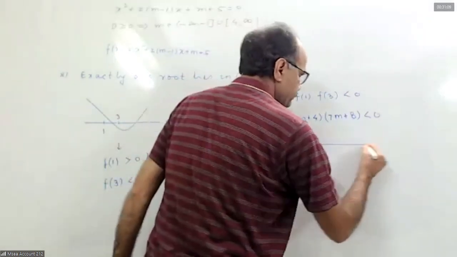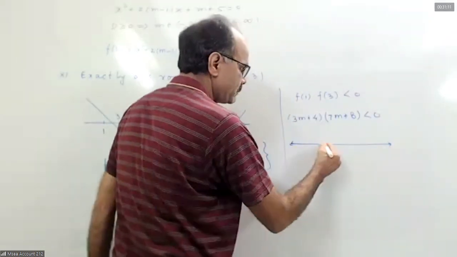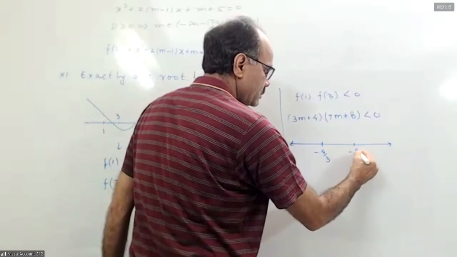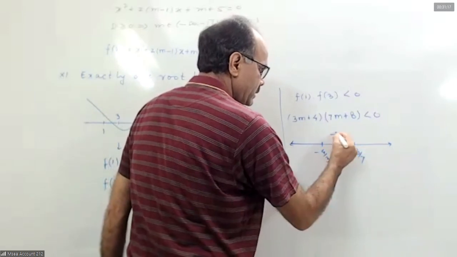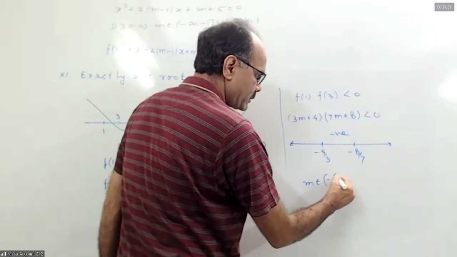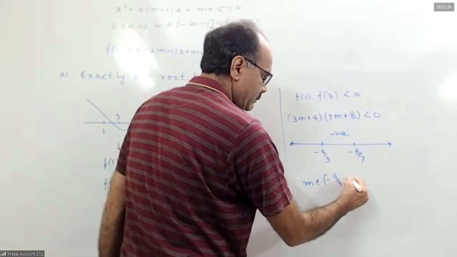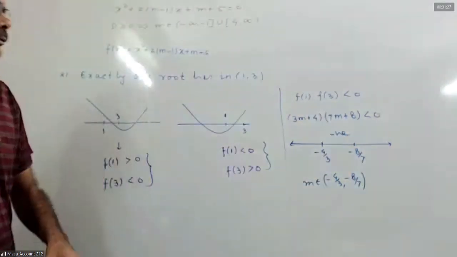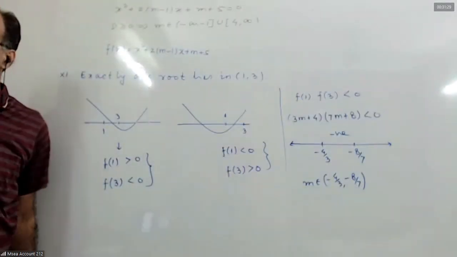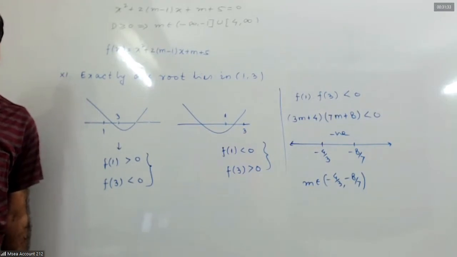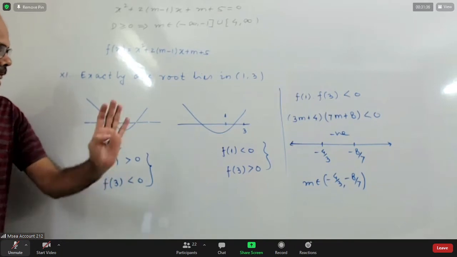Now, the roots are minus 4 by 3 and minus 8 by 7. So in this interval, it is negative. m belongs to (minus 4 by 3, minus 8 by 7). Okay, minus 4 by 3 to minus 8 by 7. Correct? I repeat,